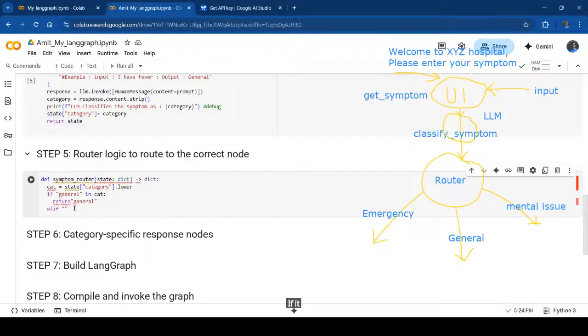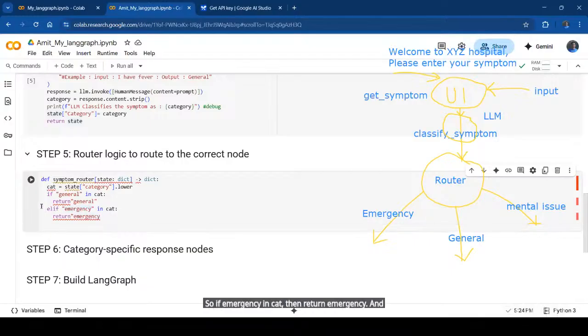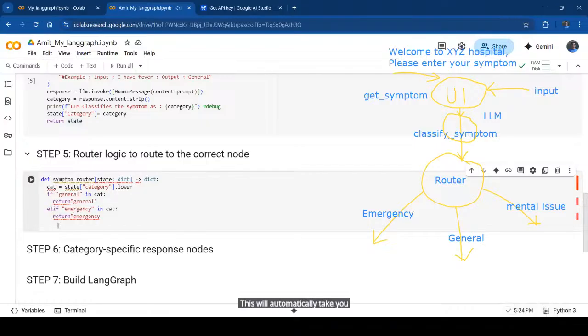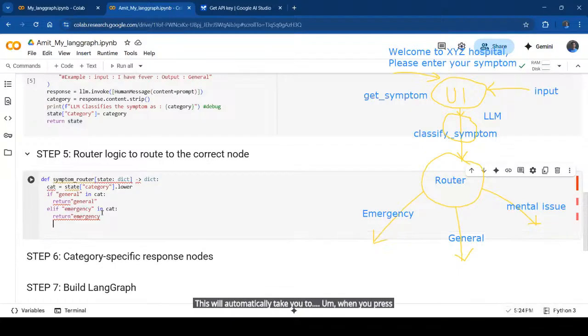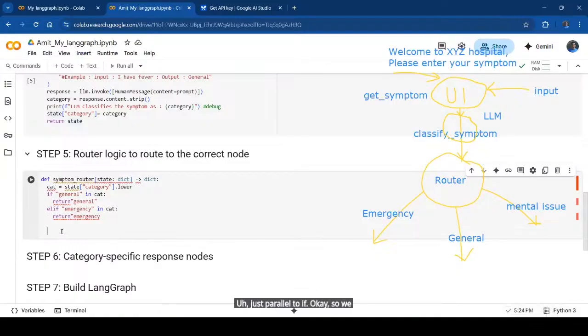If it is emergency in cat, okay, so return emergency. Okay, so all should be small. Why? Because I am taking everything in lower case. So if emergency in cat, then return emergency, and just check this indentation. When you press enter here, it will automatically take you here, but the indentation should be parallel to if. Okay, so we are using this nested if-else statement,